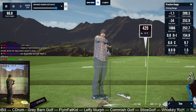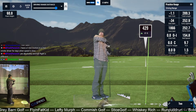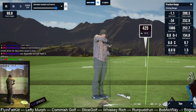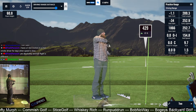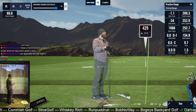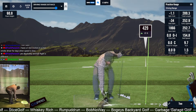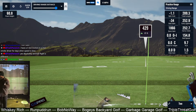But we saw enough of this yesterday. Let's get the Newton in here. See what happens. FFK, what's up, buddy? Time will tell here. Haven't hit one yet. We were trying to get the speed back a little bit, which is not quite there, but that was the best one so far. That was with what I was doing yesterday,